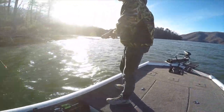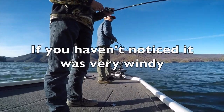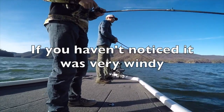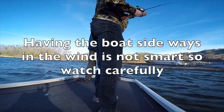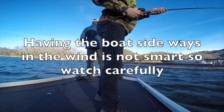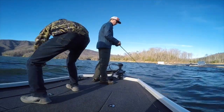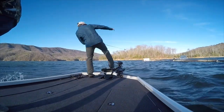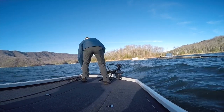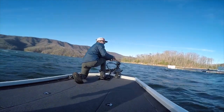Alright, we made it to our first spot. Boat's soaking wet. Jeez. Putting it on here. Big old 10-inch grit. TV speed. Dude, that was huge. It's literally like splashing over the side of the